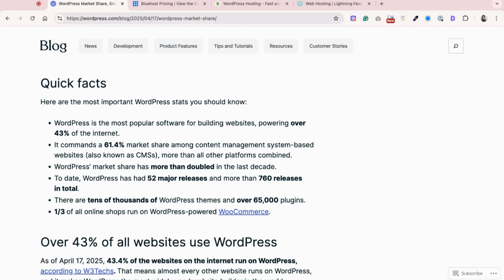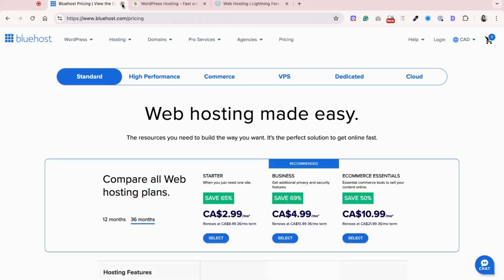Okay, so that concludes our quick summary and our pros and cons of each type of builder. I hope you enjoy building your website,